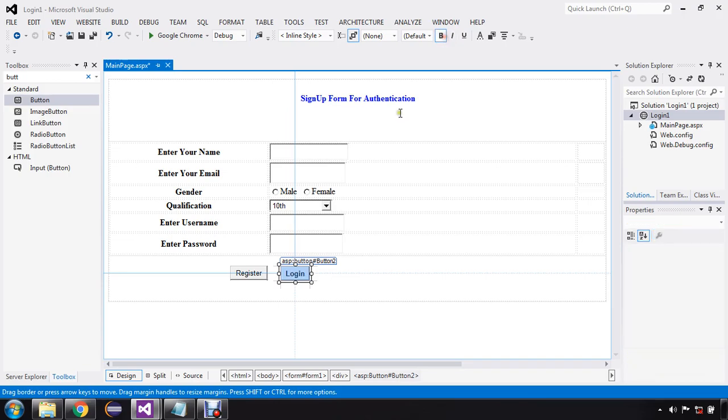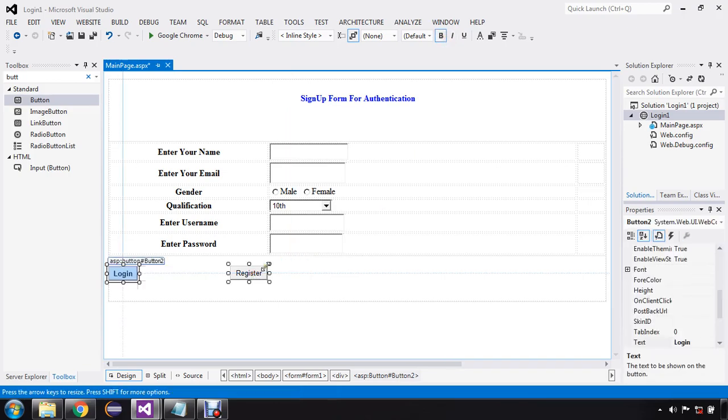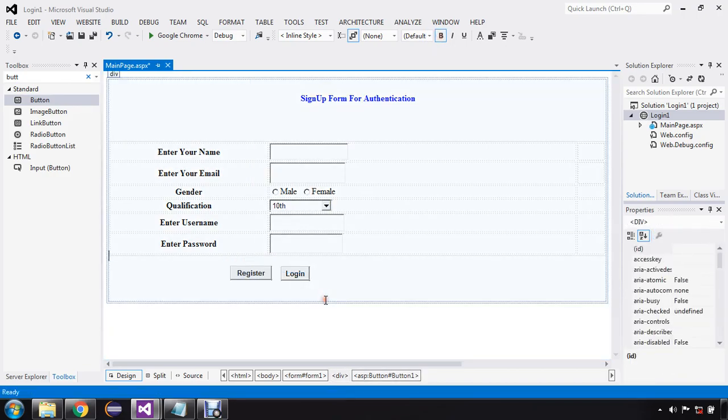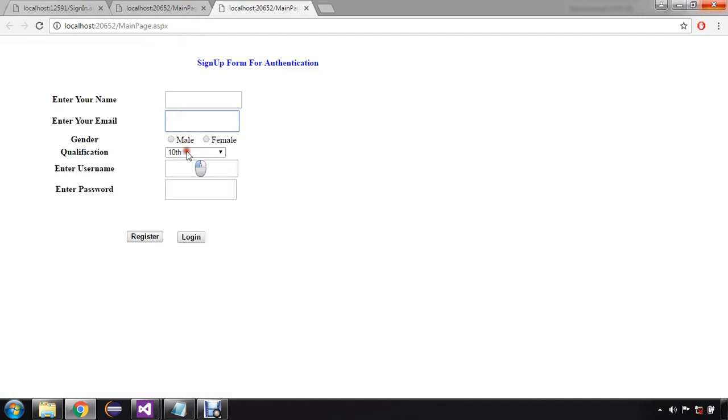I'm making it a little bold. Now save this and execute. My form is getting loaded. Now I'm able to select only one control at a time. I have two buttons, register and login.